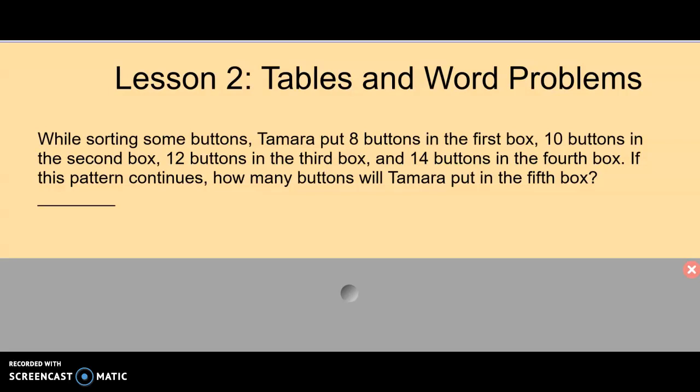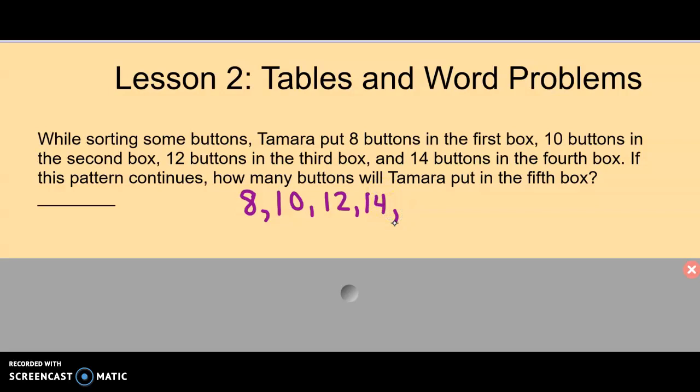Okay, so go ahead and read this word problem along with me. While sorting some buttons, Tamara put 8 buttons in the first box, 10 buttons in the second box, 12 buttons in the third box, and 14 buttons in the fourth box. If this pattern continues, how many buttons will Tamara put in the fifth box? So the first thing we want to think about is reading that carefully, okay? And then looking at the order that things were happening and writing out that pattern. So it looks like a numerical pattern. So it was 8, then 10, 12, 14,